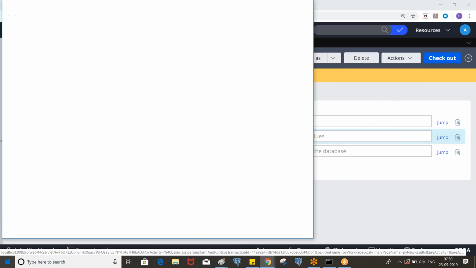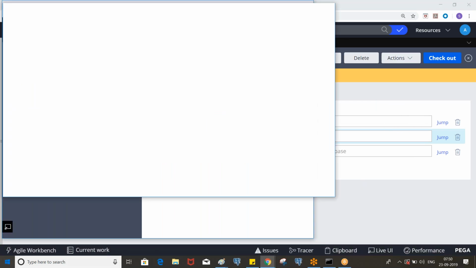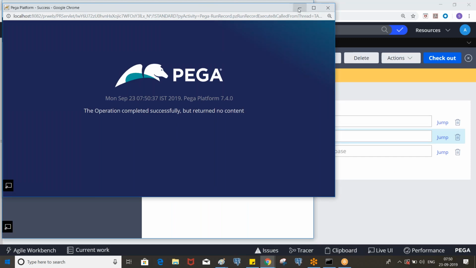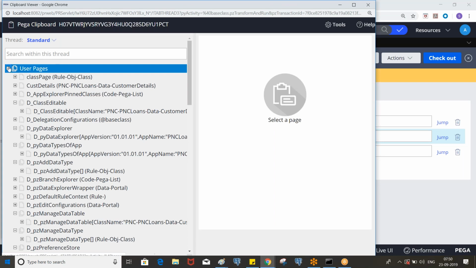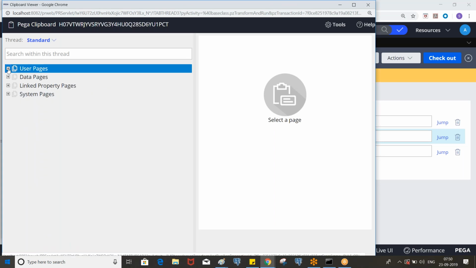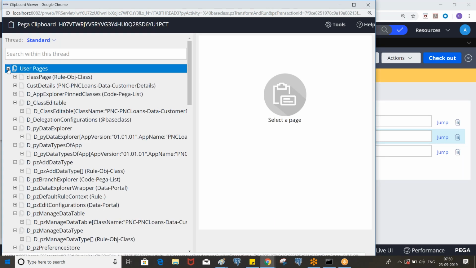No, right? Okay, let's execute again. If you go to the clipboard, you will see the page customer details, which will be part of user pages. If you create a page by using the page new method, that page will be available under the user pages category, where pyWorkPage is available.